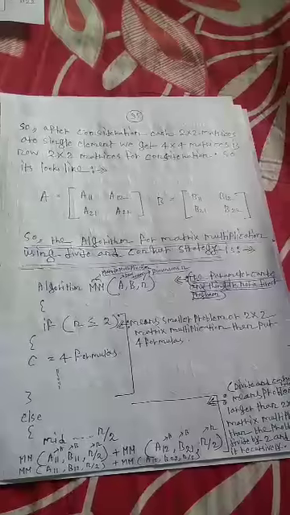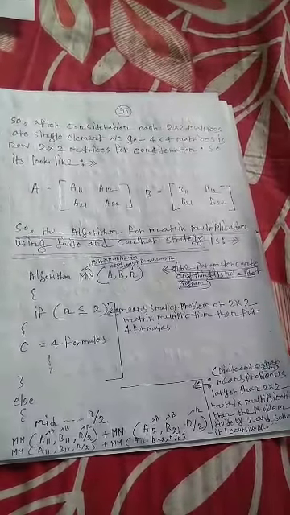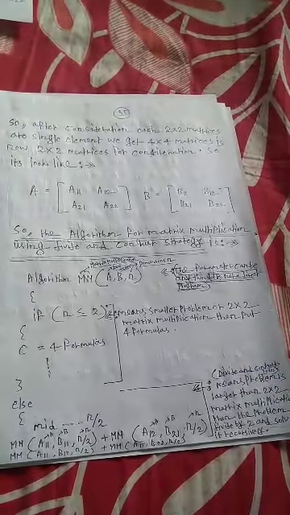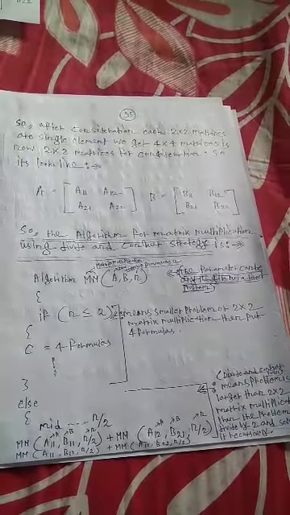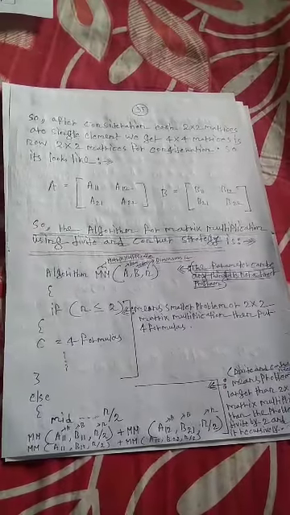So the algorithm for matrix multiplication using the divide and conquer strategy is like this. For rows we can say A, and for columns B, and n is the dimension. The parameter can be anything, it is not a direct program. It's just for understanding how the divide and conquer strategy is applied in matrix multiplication.